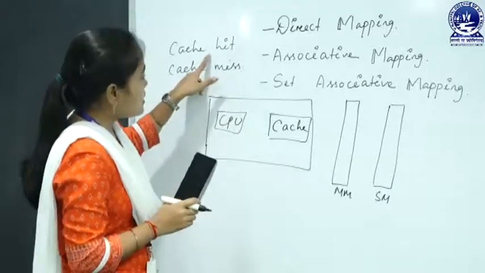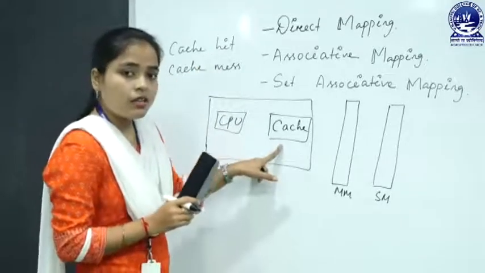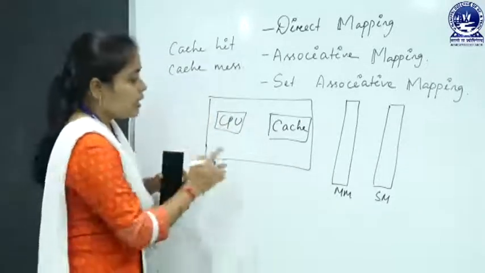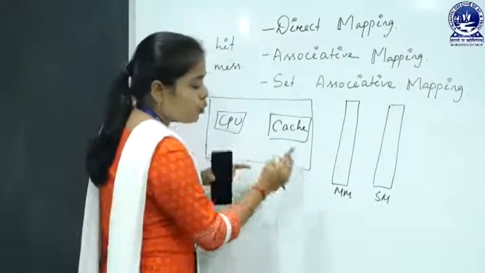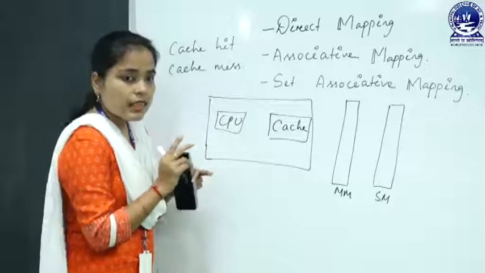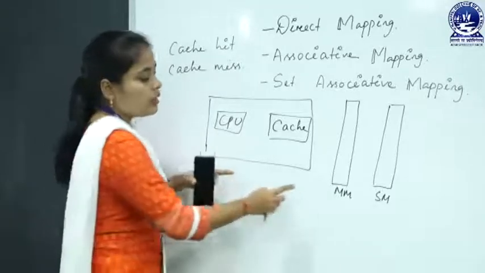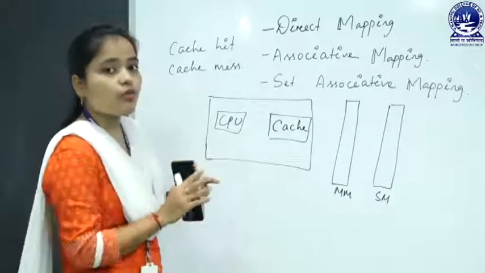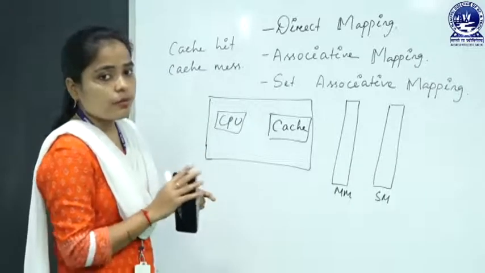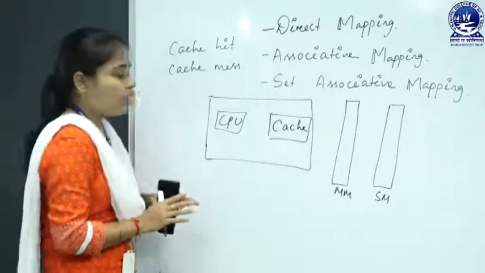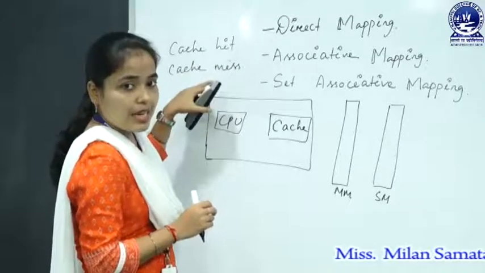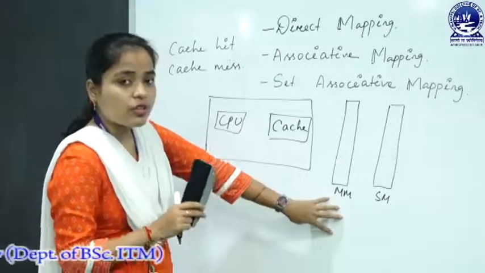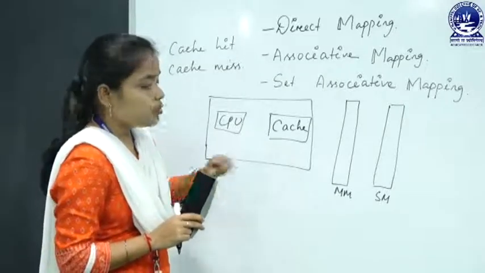In the case of a hit, the CPU will get the data it needs from the cache memory. But when it is a cache miss, first the data has to be moved from the main memory to the cache, then from the cache to the CPU, or it can be given directly from the main memory to the processor. I have already discussed this in the flow chart of the reading operation. You can go to the previous lectures if you have any doubt regarding this. So, to overcome this cache miss, we have to store the information or data from the main memory into the cache.